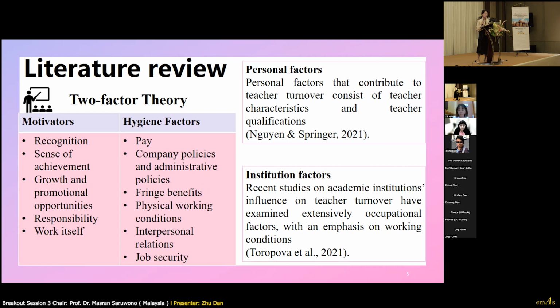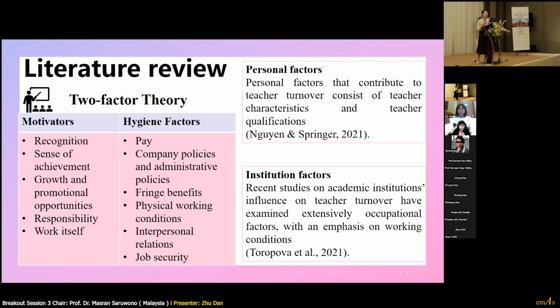These types of factors will lead to job satisfaction, and another type of factors is hygiene factors. These factors will lead to job dissatisfaction, which include pay, company policies, administrative policies, etc.